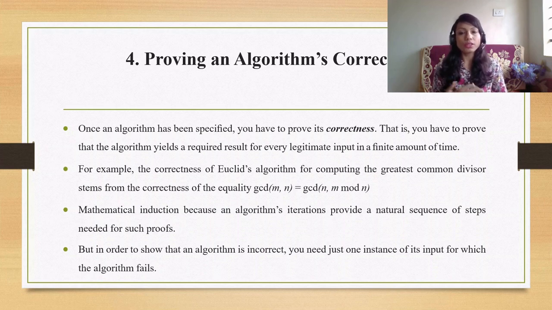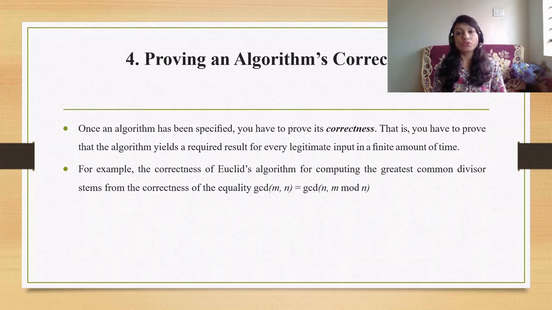So, what we have to do in mathematical induction is try to prove the algorithm is wrong. If even for one input in the range given it doesn't work, then it means your algorithm is wrong. Like this, you can check the correctness of your algorithm. Hope step 4 of algorithm correctness is clear. Now just pause the video, scribble these points in the book, and then continue with the video.